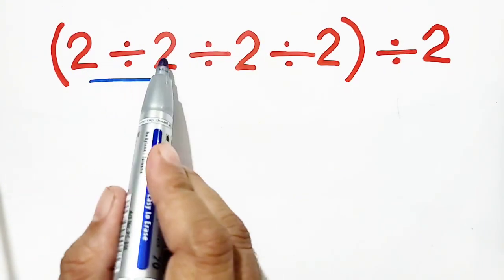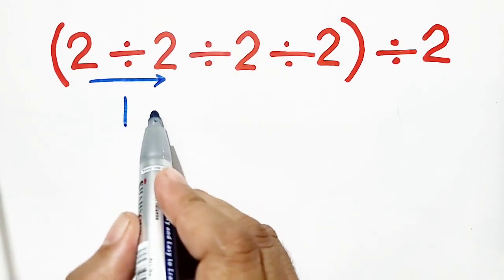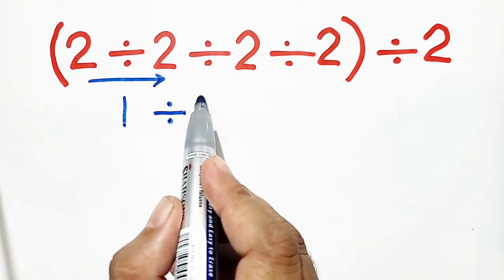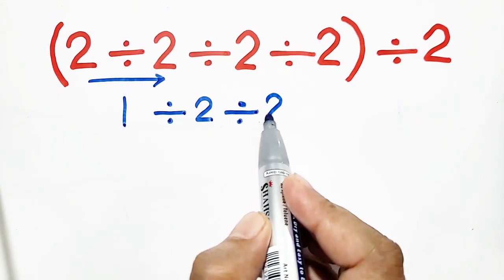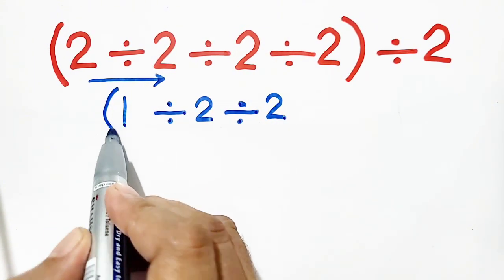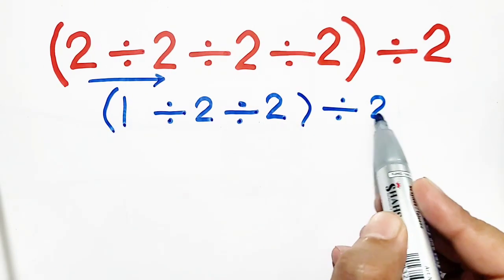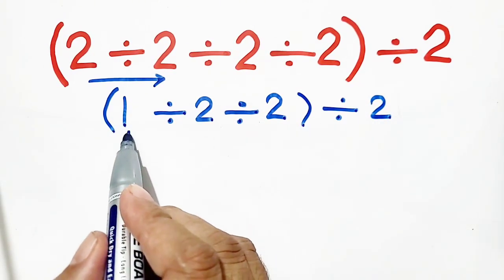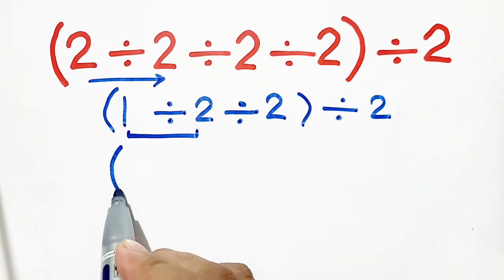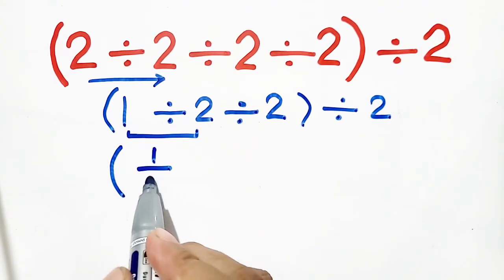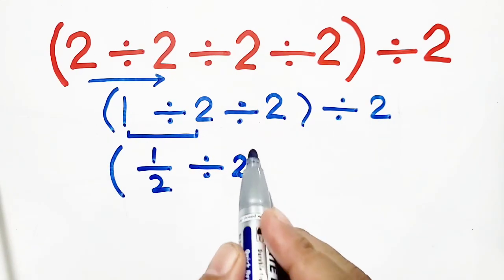So 2 divided by 2 will be equal to 1 divided by 2 divided by 2 and divided by 2. Now this 1 divided by 2 can be written as 1 by 2 divided by 2